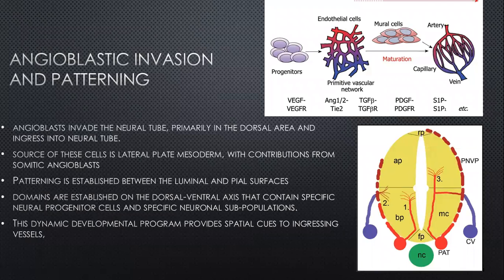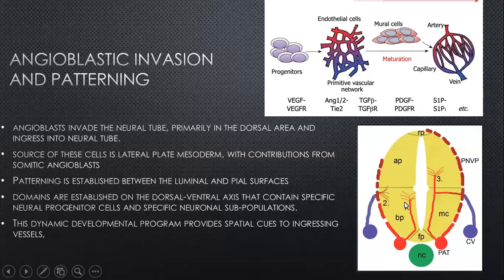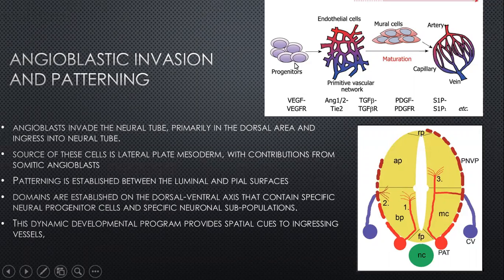So how does it develop? Okay, so like any organ, we have what we call angiogenesis and what is called vasculogenesis. So angiogenesis is the earlier aspect of it, when the progenitor or the pluripotent cells will start under the influence of various morphogenetic proteins. And we have talked about the morphogenetic proteins being released by the neural tube, which are different for the dorsal aspect, which are different for the basal aspect, which are under the influence of the notochord, under the influence of neuroectoderm. So these morphogenetic proteins will act upon these developing progenitor cells, which are the angioblasts. And these angioblasts are then going to secondarily invade into the neural tube.